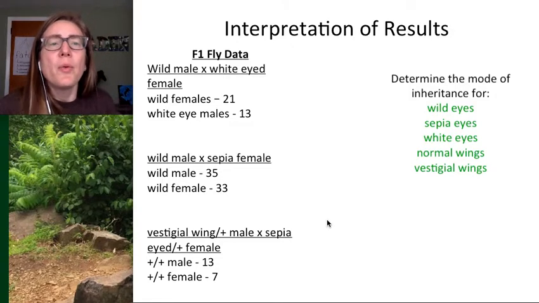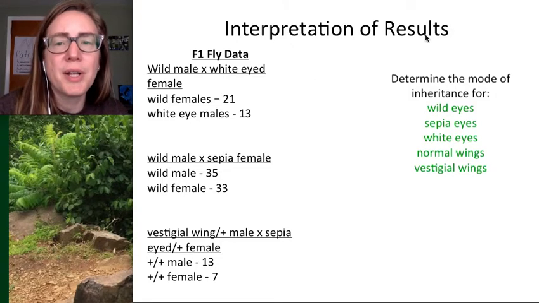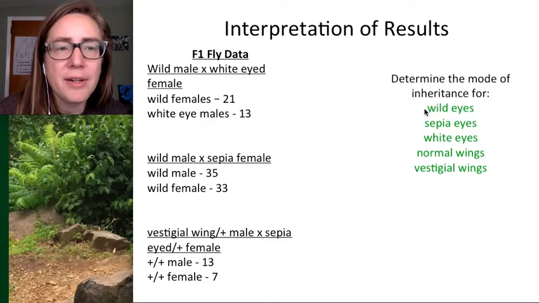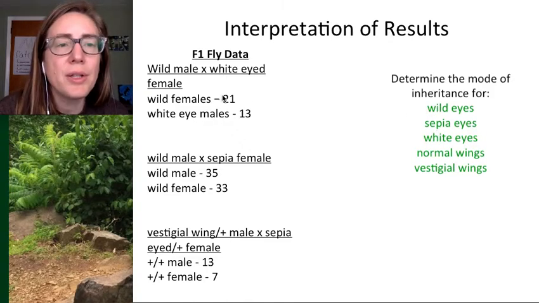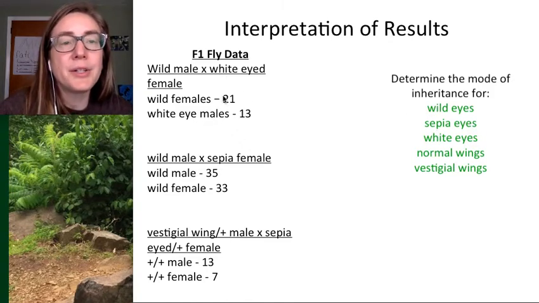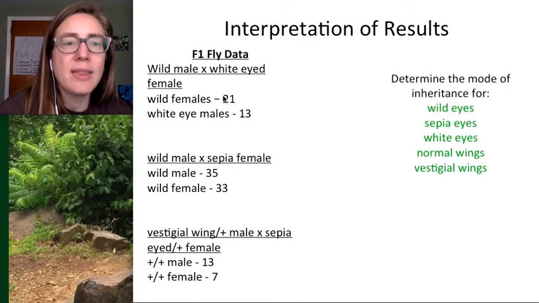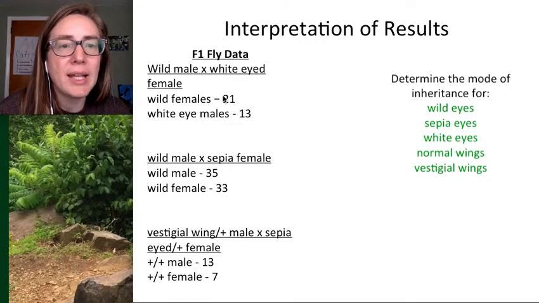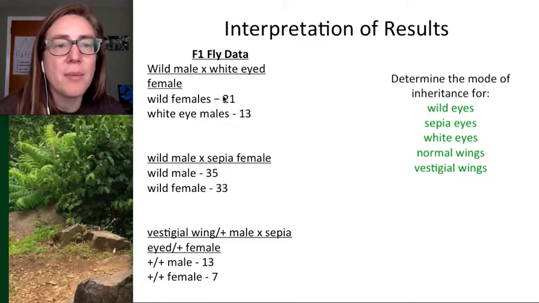For the interpretation of results, to determine the mode of inheritance, you're going to look at the F1 data and see if one trait was hidden. If one trait was hidden, then we're going to say that's recessive. The other one that was doing the hiding, or that masked the other, is going to be the dominant trait. If I look here with white and wild eyes,